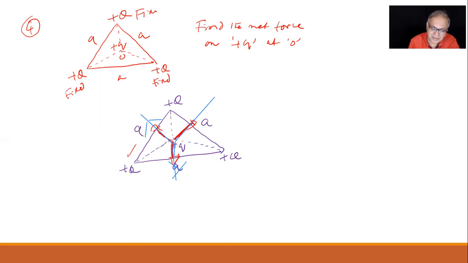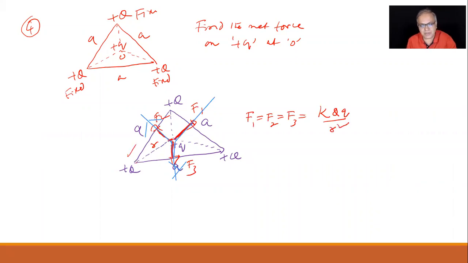I want a full solution for this. I can call this F1, this F2, this F3. So F1 equals, F2 equals, F3 equals how much, you tell me? K into Q by this R. To tell it is 0, you need not find out R, but probably in the next sum you may require it. How much is R, children?